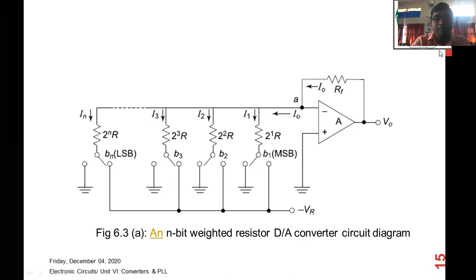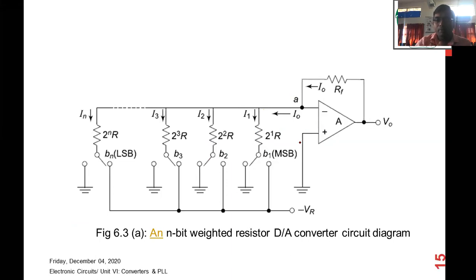that represents the n-bit binary weighted D to A converter. We have learned first of all the network of 4 bit, and from this we have derived the n-bit binary weighted digital to analog converter circuit diagram using op amp. You can see here in this diagram,